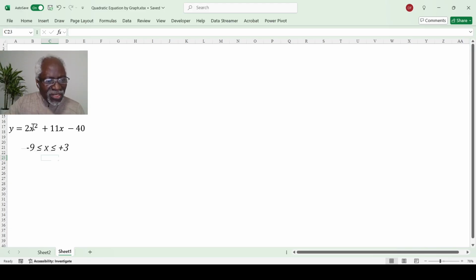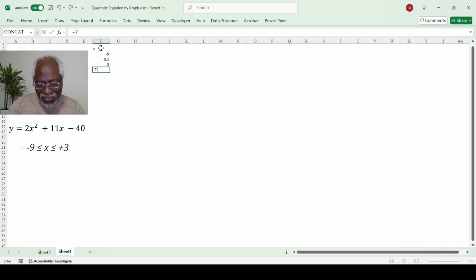So we need the values of x. So we start with our x here, and then we put the range from minus 9. Now, like I said, we want the points to be very close so that we can have a good curve. That's minus 8,